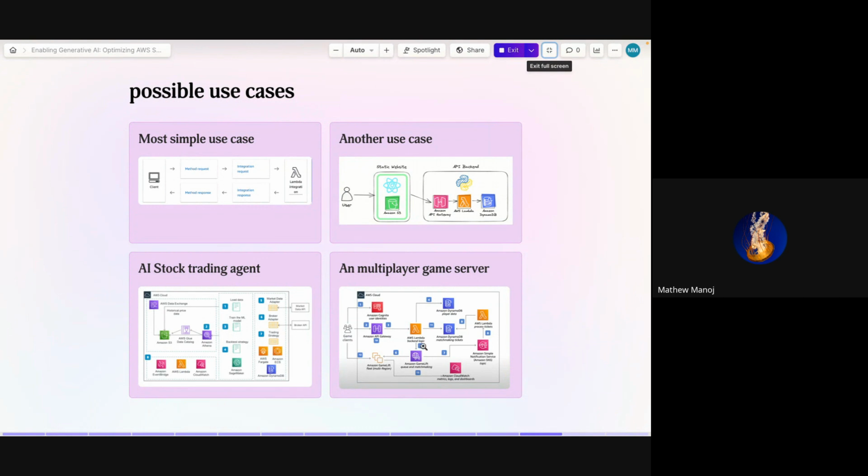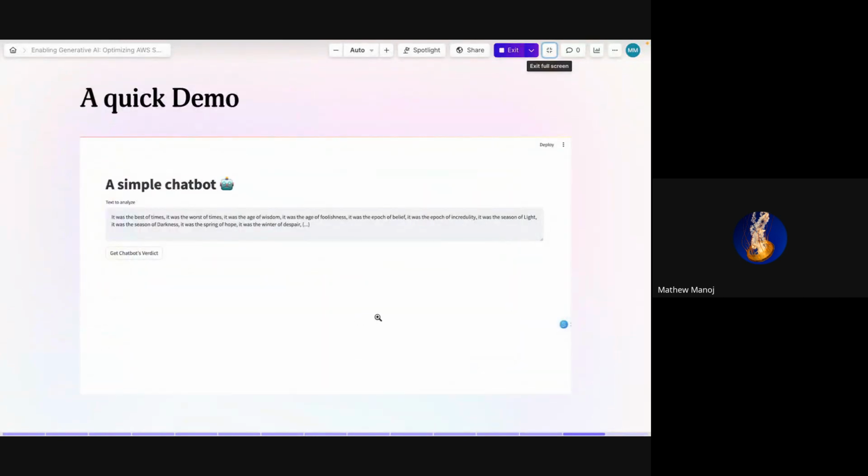This is what I was saying about how the ecosystem here is very user friendly. These services will be coherent with each other. Let me show you a simple use case of how I used AWS services to make a chatbot of my own using one of the models here in AWS Bedrock.